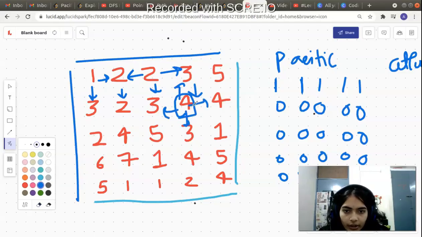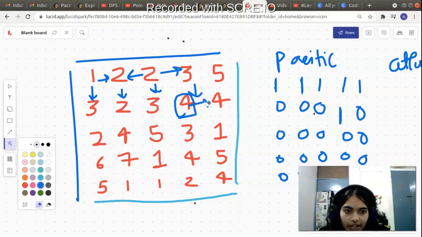Okay, now you see 4 is greater than or equal to 3. So water can reach 4 via 3. So we will change this to 1 here. It means water can reach this cell from the Pacific Ocean. Now when it makes a function call to its top neighbor, it will return because it's already 1. Water has already reached that. When it makes a function call to its down neighbor, it will also return because see, it is 3. 3 is greater than or equal to 4 is false. Water cannot reach the cell via 4. Similarly, for the left, 3 is less than 4, so water cannot reach that.